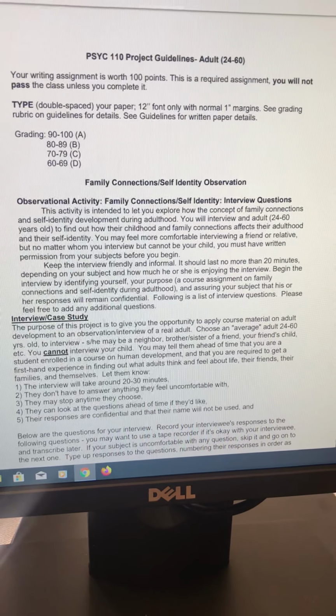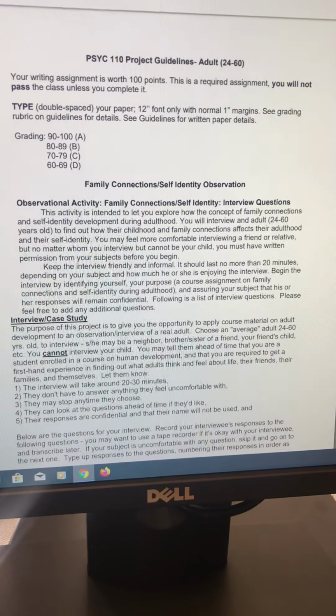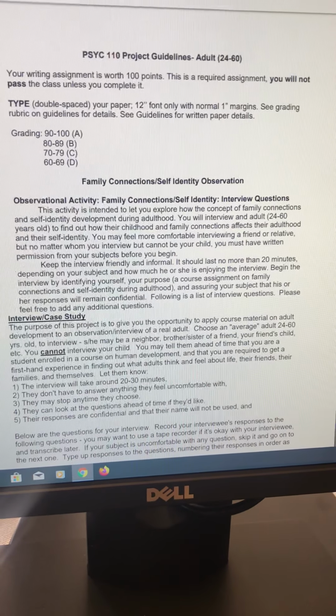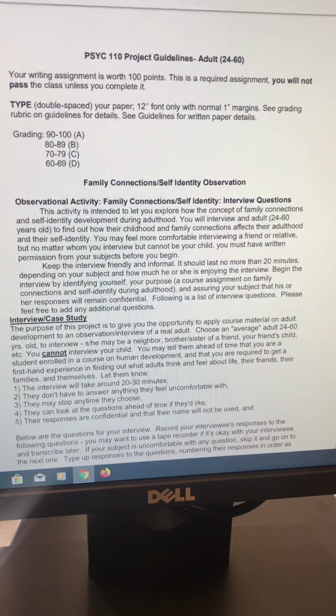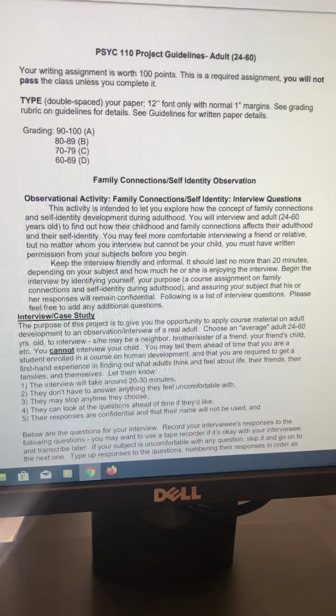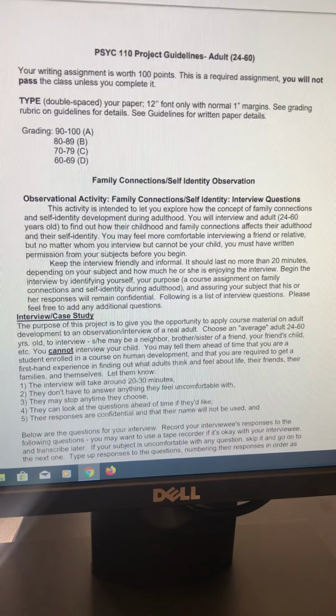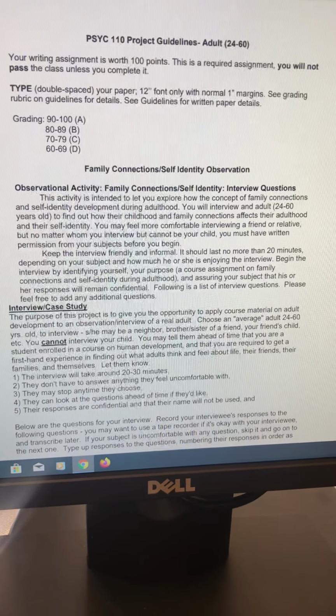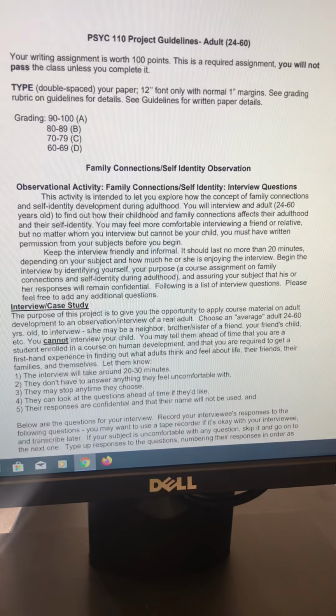Even though they are an adult, I do want them to sign the parent consent form, or the consent form. They don't have to go find their parent and sign off. They just need to say that it's okay that they're having this interview done, knowing that I'm going to know the answers to the questions. You can change their name in the paper if they feel more comfortable with that. It just kind of depends.